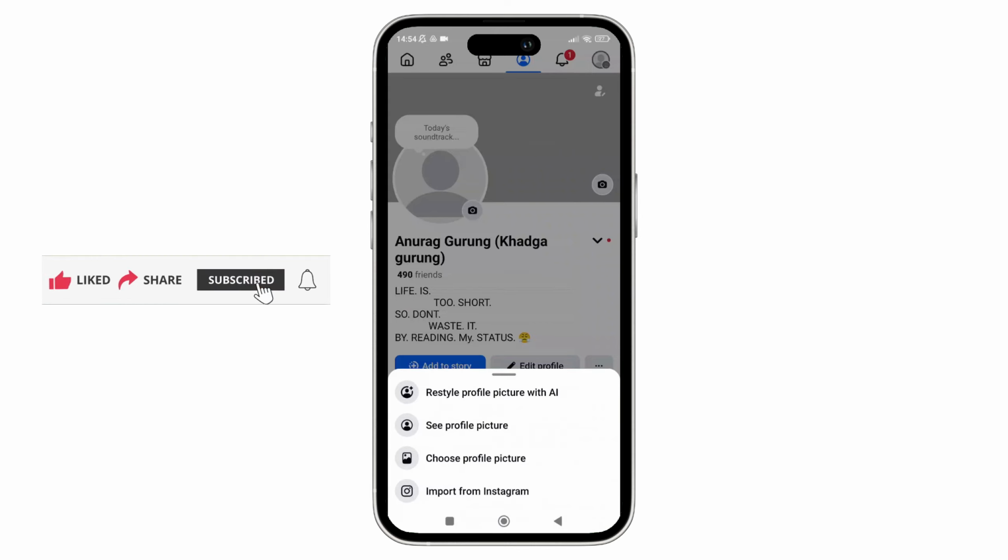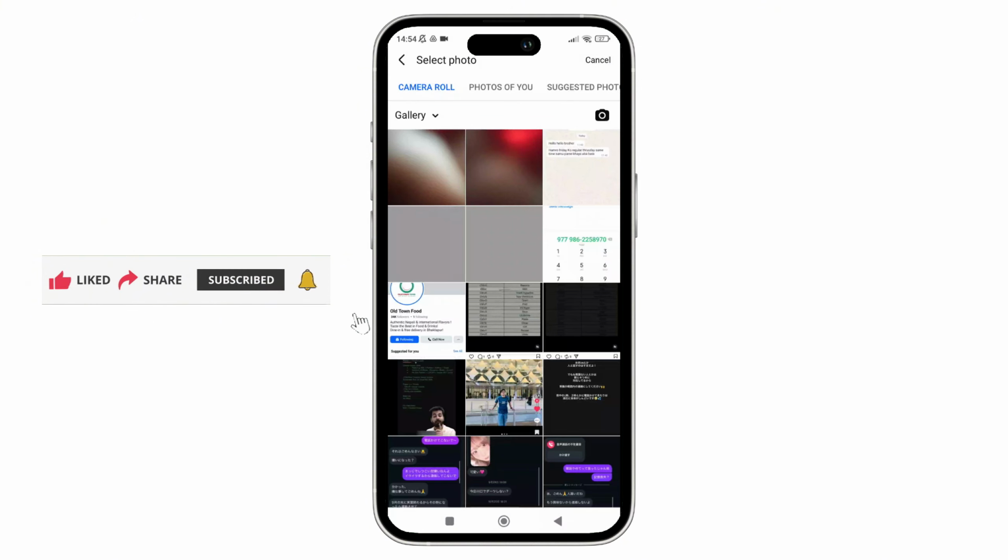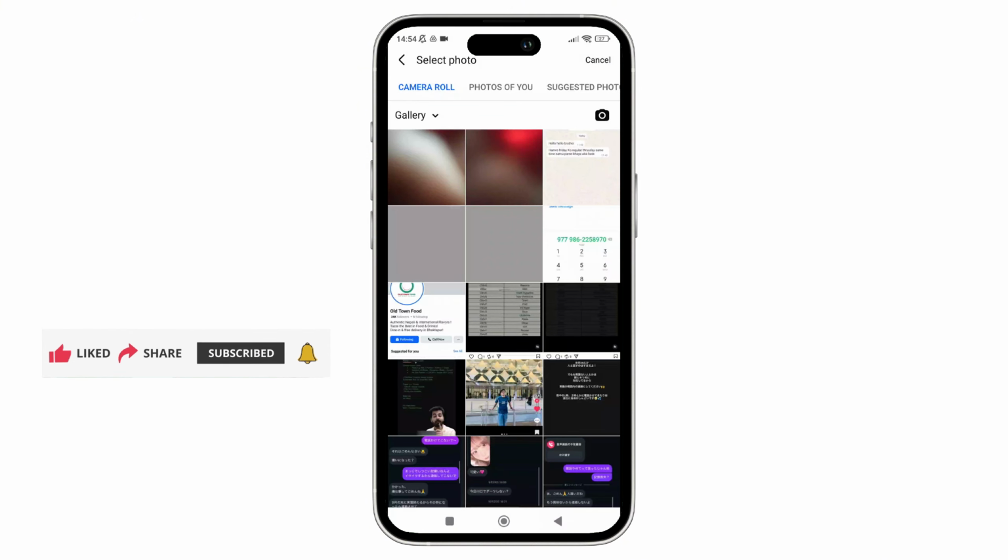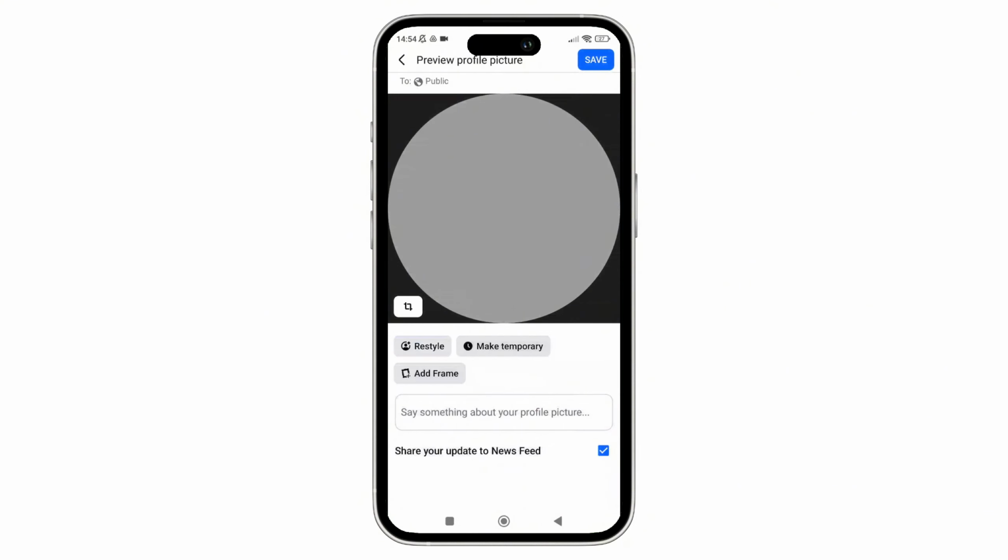choose profile picture. And now here on the next page, it will prompt you to the gallery section. From here, you simply have to select the photo from your gallery, or you can simply take a new one as well. And here, once you're done selecting the photo, on the next page at the bottom, you can see